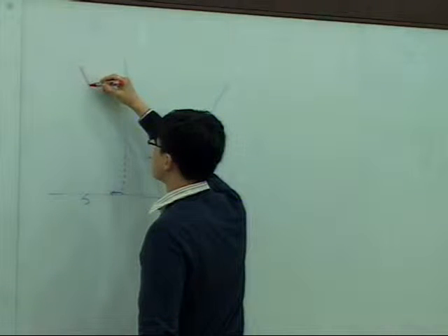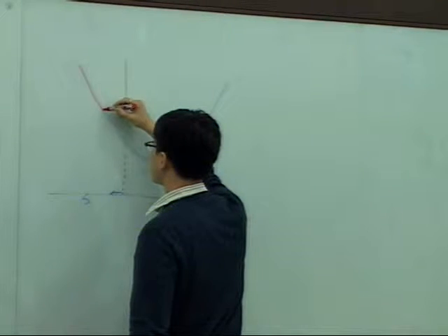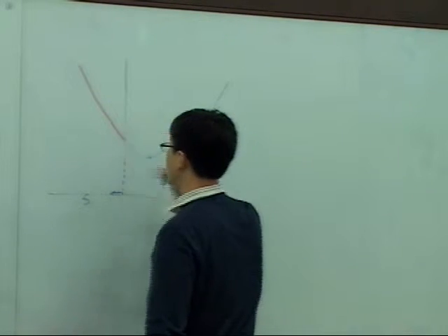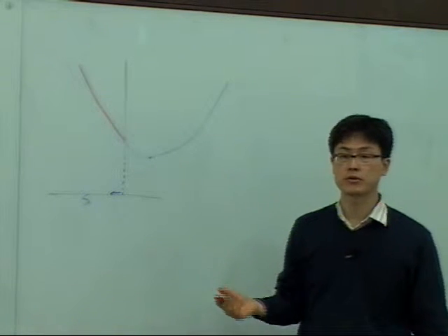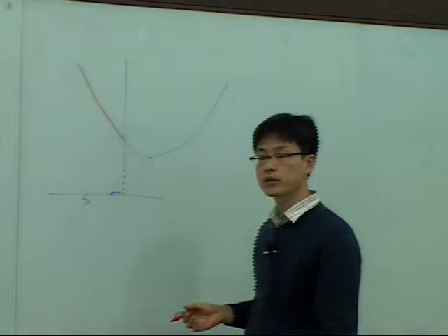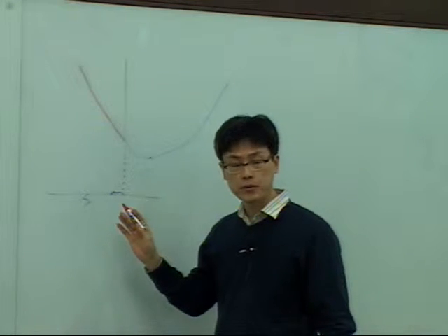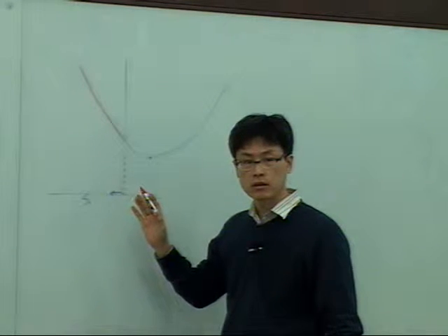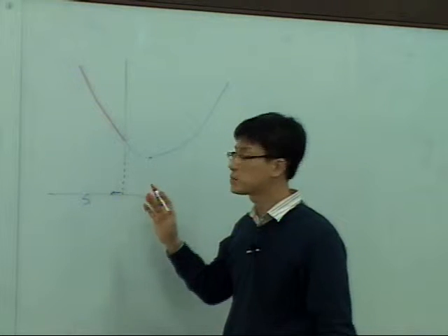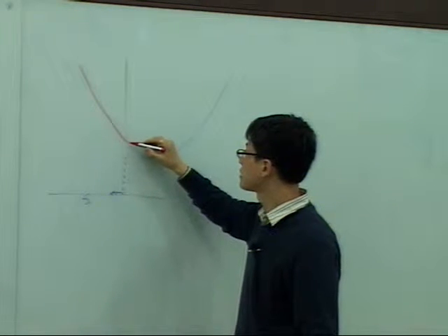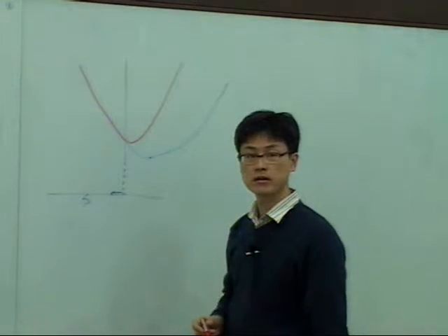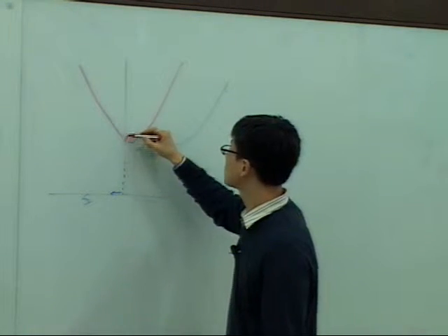In the feasible region, our objective function is exactly the same as the previous objective function. But when it goes further out of this feasible region, what if the function behaves like this, or probably this,